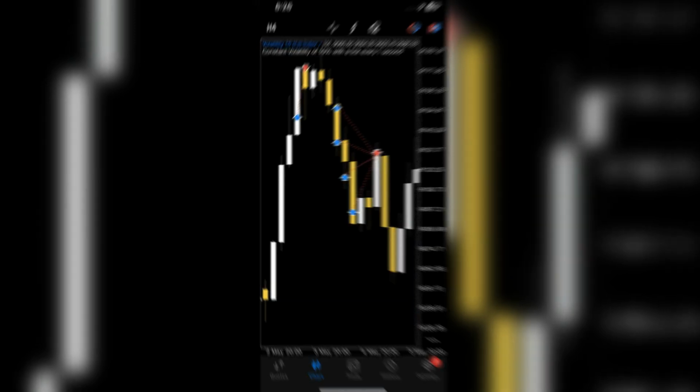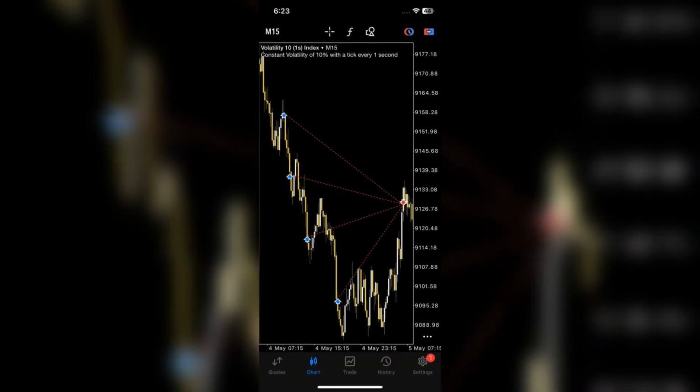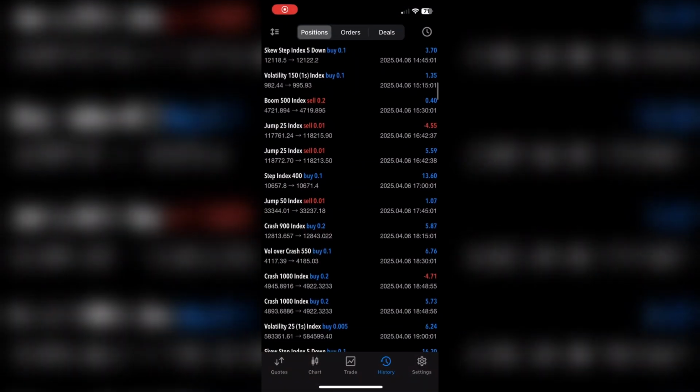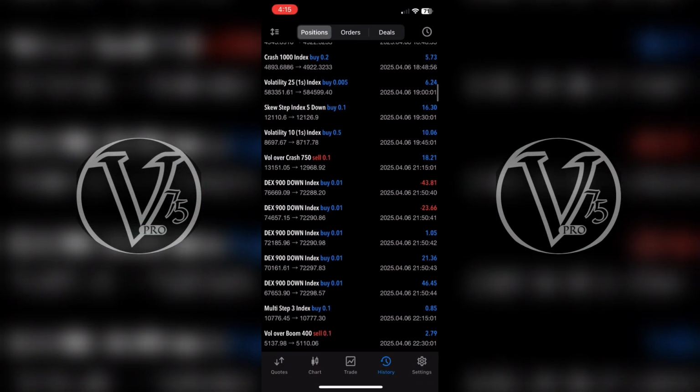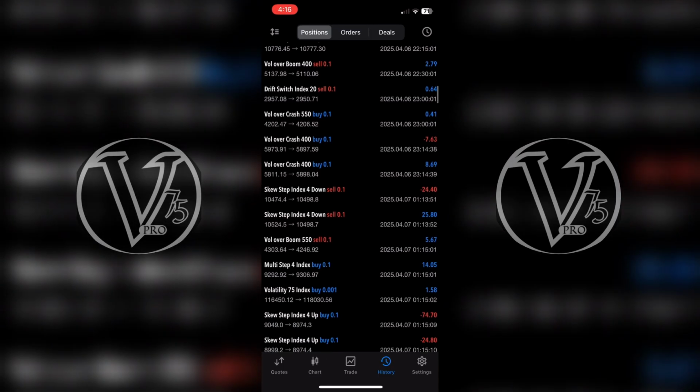This is why I've programmed the software to take the direction of the 4-hour time frame into consideration when opening trades, to ensure that it is trading in the direction of the larger time frame. One of the many things I've learned as a new trader is that the smaller time frame can be misleading at times. It can show multiple indications that the market is going to reverse, like, for example, a candlestick